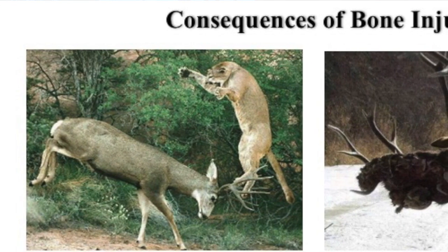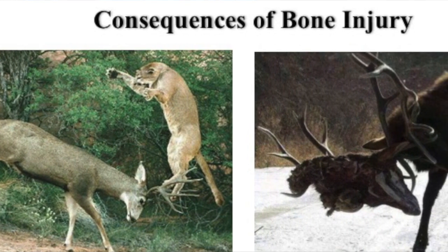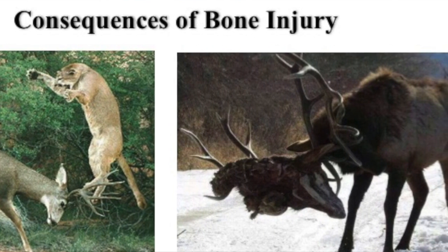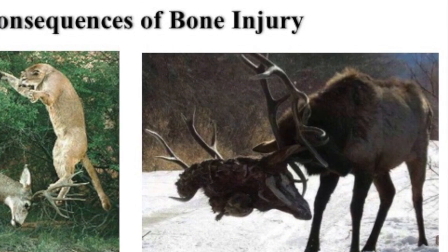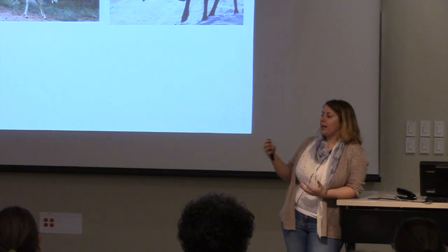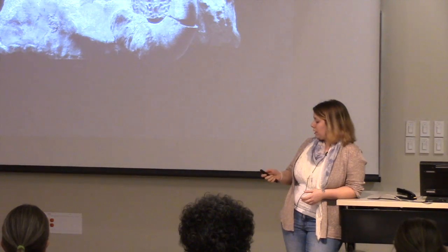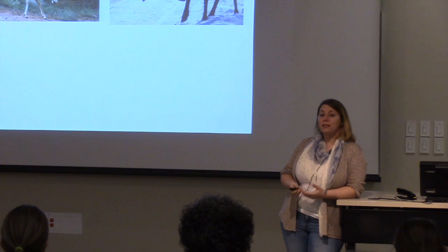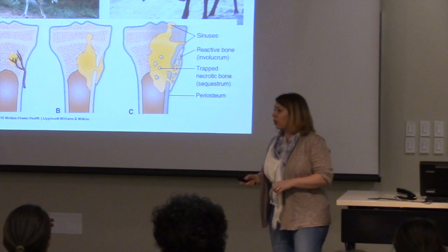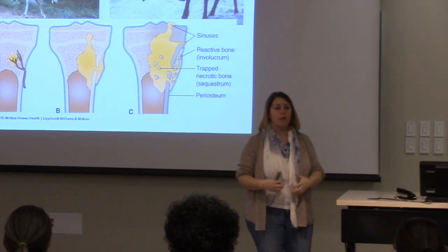So bone injury is not great. You can get it from being predated upon. You can get it from fighting with your conspecifics. I don't know if you guys have seen this picture, but that is a dead elk stuck to another elk. Yeah, so these sorts of infraspecific combat and combat with other types of animals can be pretty devastating. But it's not just the bone injury that you have to worry about. It's the resulting infection. So if you get bit badly enough that there's a bunch of blood involved, there's openings,